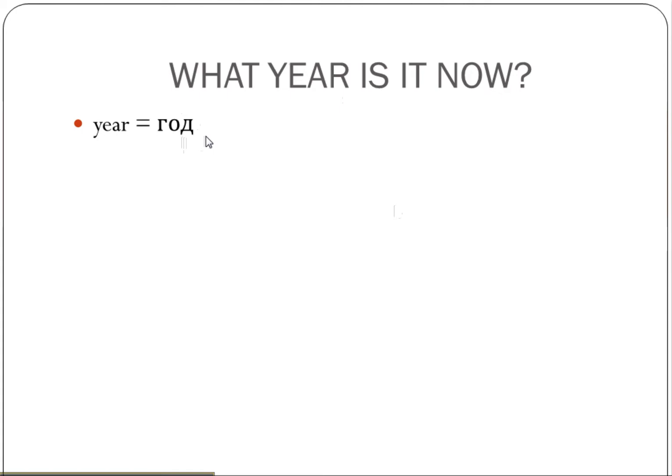So this is a masculine word, which means when we add what year, which year, we're going to add the adjective какой, and we're going to add it in the masculine gender. So for число, which day is it? Число. We were using какое because число was a neuter noun, and now the noun changed to masculine, so the adjective is changing to masculine as well. Какой год? And we don't have is, we don't have it.